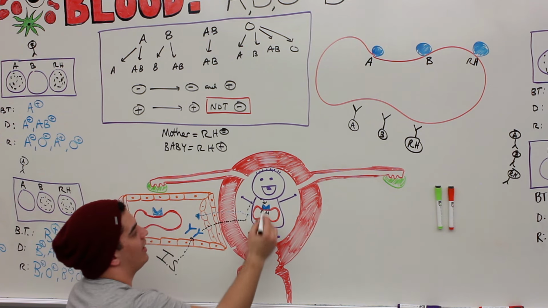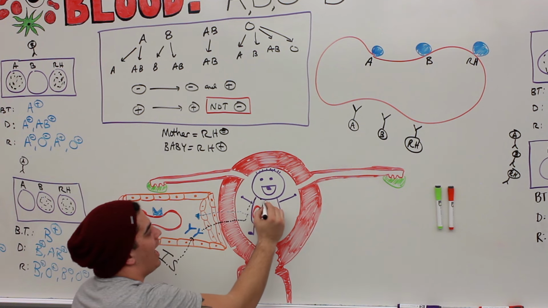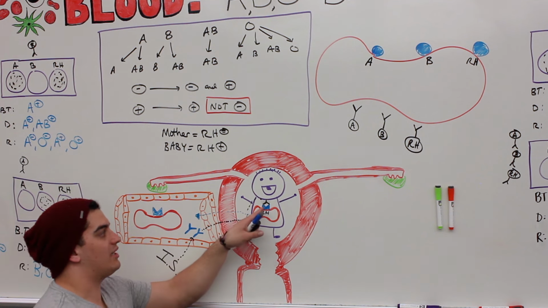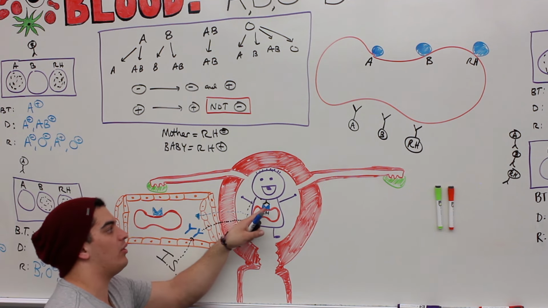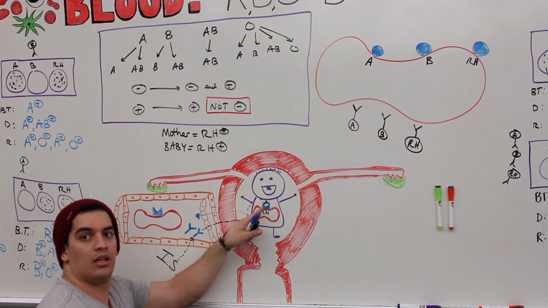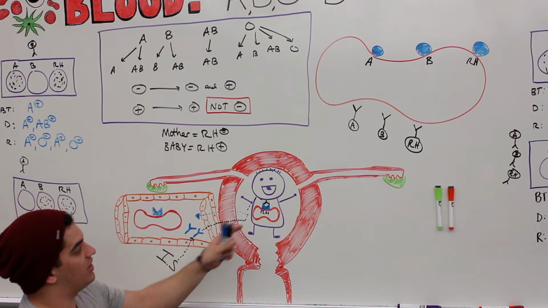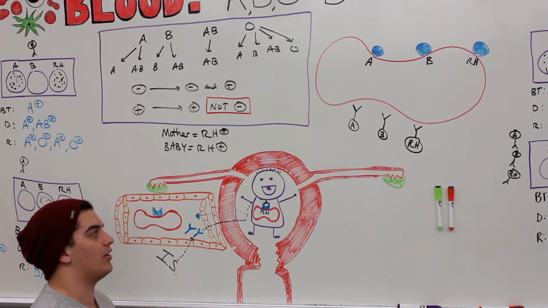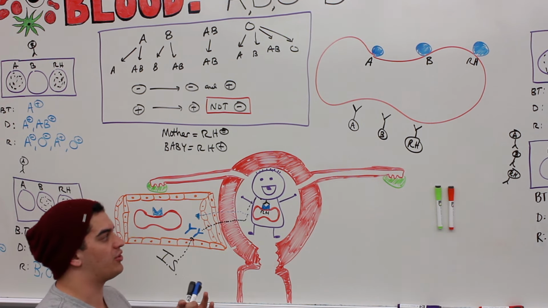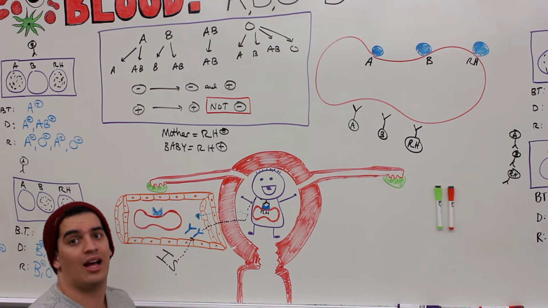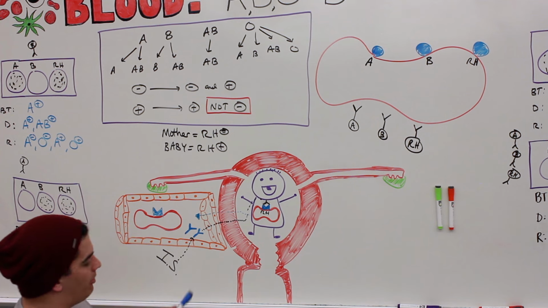It comes over and it attacks this baby's red blood cells. And if these antibodies attack the baby's red blood cells and cause agglutination and hemolysis, then this baby is going to have hemolytic anemia. This is a very, very terrible condition because it destroys a ton of the baby's red blood cells, increases bilirubin levels to the maximum, and can cause kernicterus, mental retardation, a lot of problems. This baby will develop a condition which is called